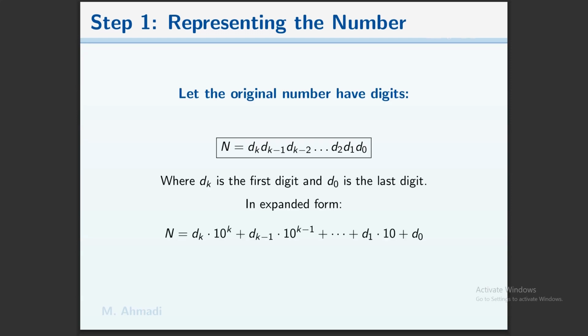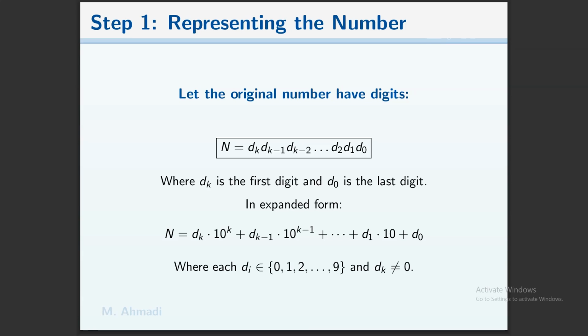To prove the theorem, let's represent the number. Let the original number n have digits dk, dk minus 1, dk minus 2, down to d2, d1, d0, where dk is the first digit and d0 is the last digit. In expanded form, we can write n equals dk multiplied by 10 to the k plus dk minus 1 multiplied by 10 to the k minus 1, and so on, plus d1 multiplied by 10 plus d0, where each di is in 0, 1, 2, up to